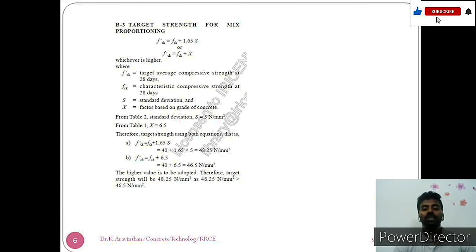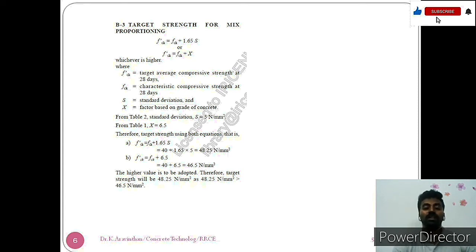Now let us start the mix design here. If we need an M40 grade concrete, we should have a target strength. Whenever we are making concrete, there will be certain deviations in the compressive strength. Why? Because of the variables in concrete, such as aggregate size, shape, surface texture, environment condition, and the amount of admixture we are using. These are the several variable factors we discussed earlier.